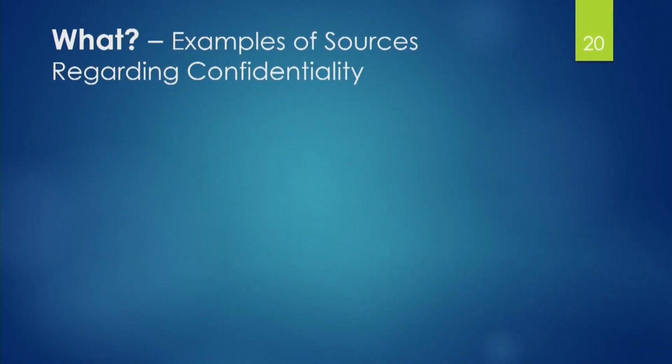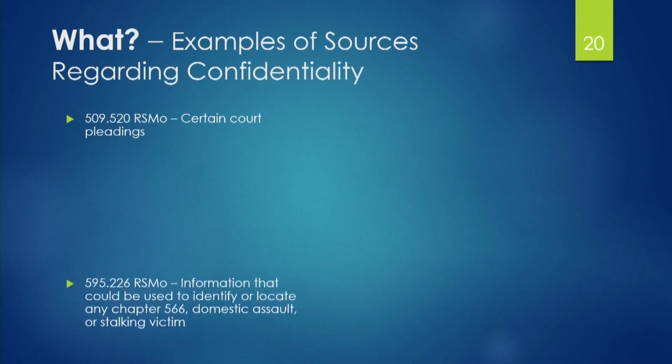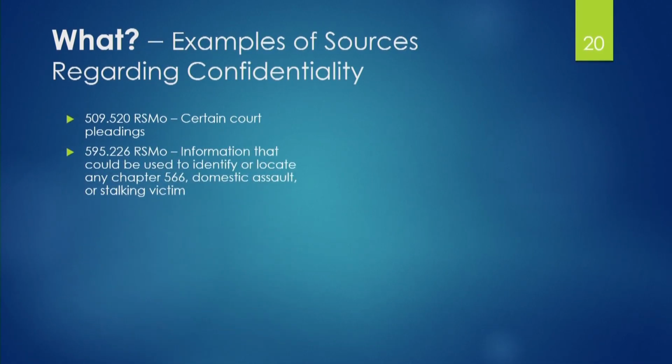So here are some examples of sources regarding confidentiality, because the Supreme Court has described it in those terms, but what sorts of things actually are considered confidential? Well, here's an example. Section 509.520 requires that certain information be included in particular court pleadings. So you may be required legally to put it in there, but you may be required to redact it because it's confidential. As I mentioned, this 559.226